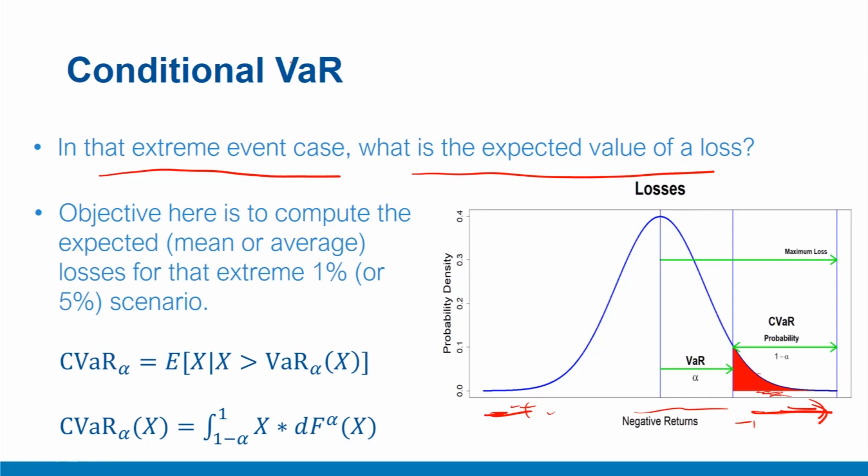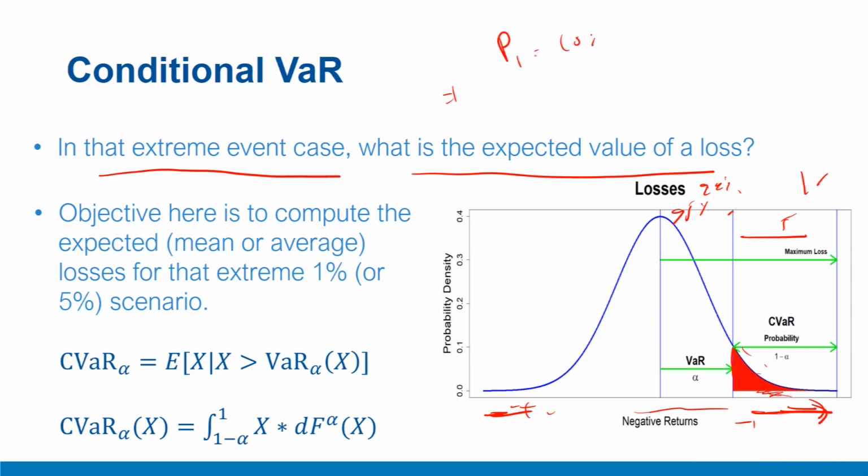Let's take a simple case. Let's say you have 3 possible scenarios. Given that this extreme limit, alpha, is breached, it can be 5%, that means a 95% confidence level, or for a 99% confidence level alpha is 1%. This level is breached and we are talking about this region. Conditional on that, the a priori probability is given that this region is breached, you have 3 possible scenarios.